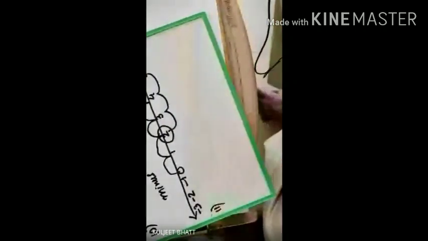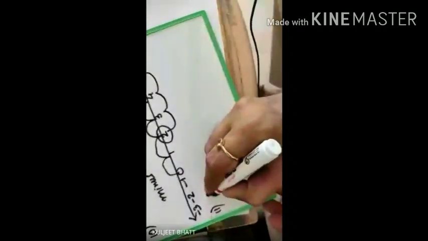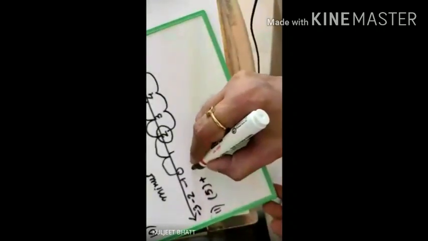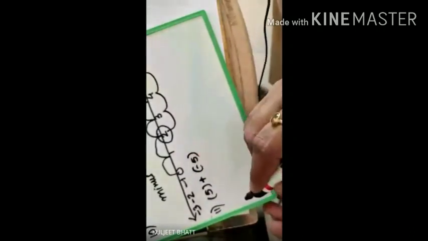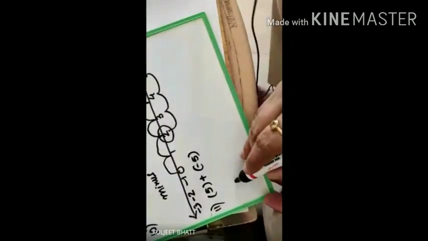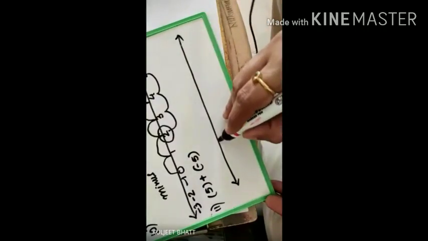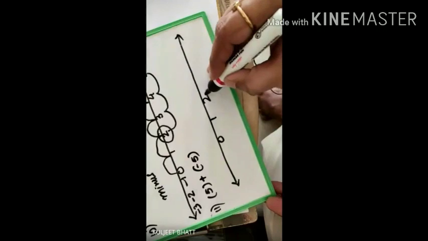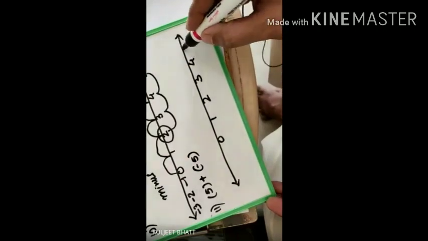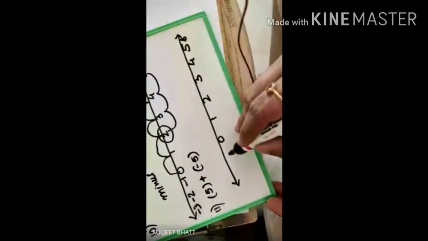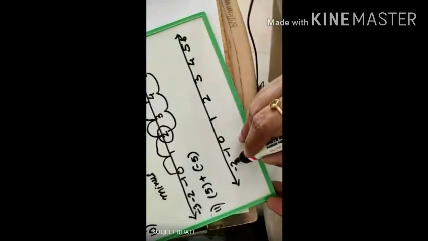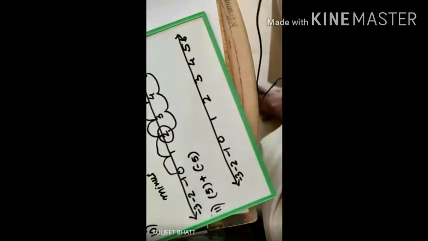The question is plus 5 addition minus 5. And that has to be done again on a number line. So as usual, I will draw the number line. Starting with 0, 1, 2, 3, 4, 5, and maybe a 6 here. Minus 1, minus 2, minus 3. Now as you can see, the question is plus 5 and it is minus 5.